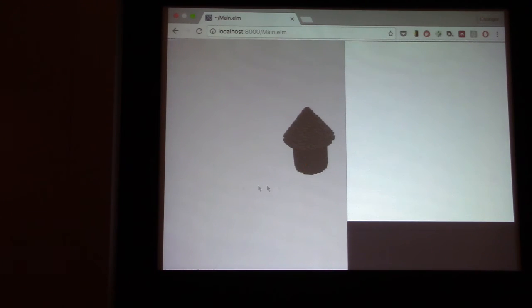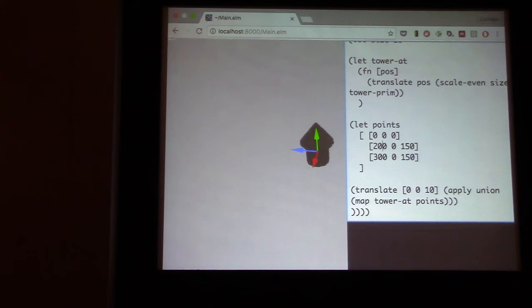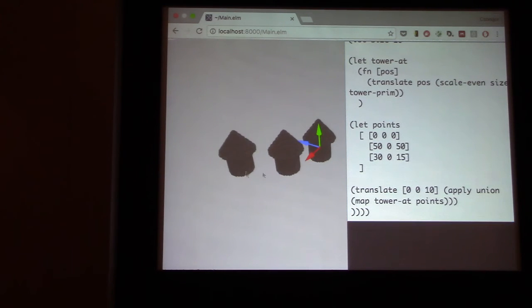Wait, are they there? That's too far apart. Yeah, maybe they're too far apart. Oh yeah, put it like 50 or something. Okay, there we go. So it's quite simple now. We have the towers which our castle will require, but that's